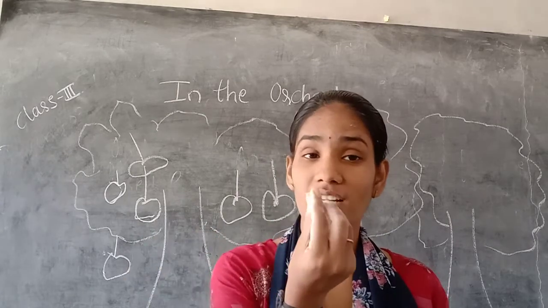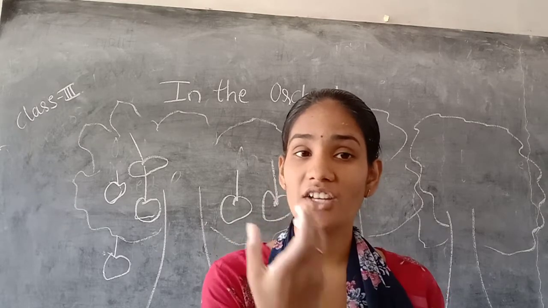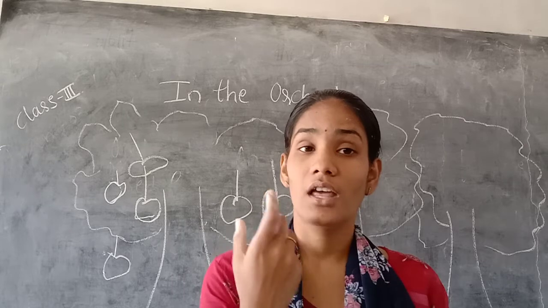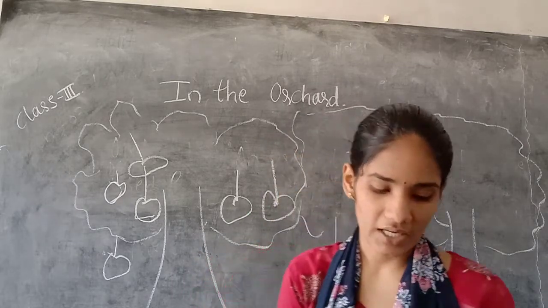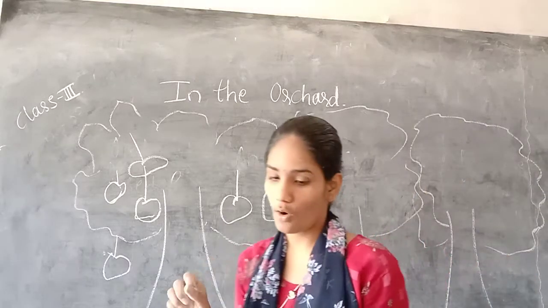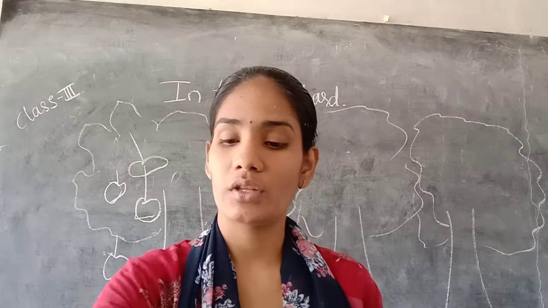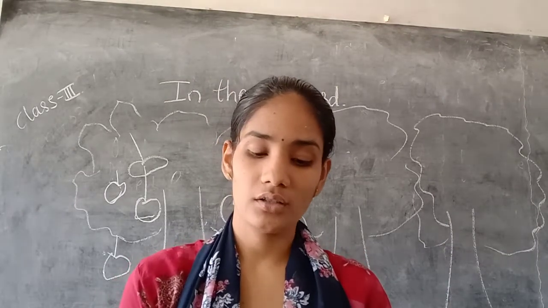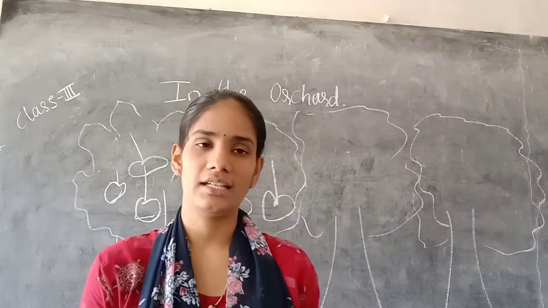So the red color of the rose we have seen. Like that, the dark red color, the apples. So students, we came to know how the apples are swaying, hanging in the trees. Students, what happens next? How the fruit looks, and what the picker does with those apples, we will see in the next class.